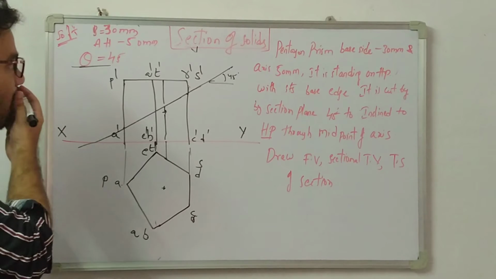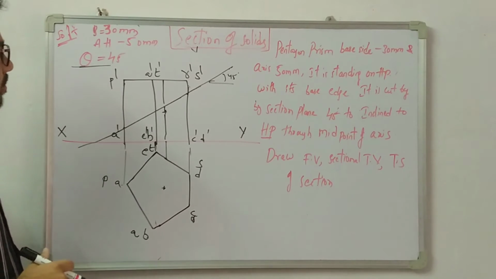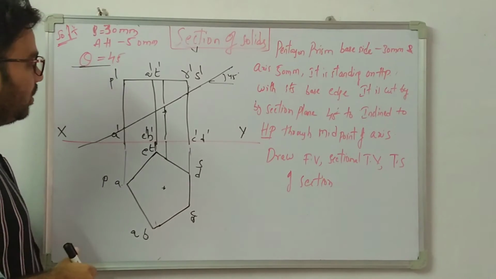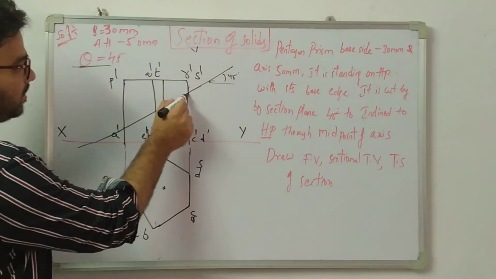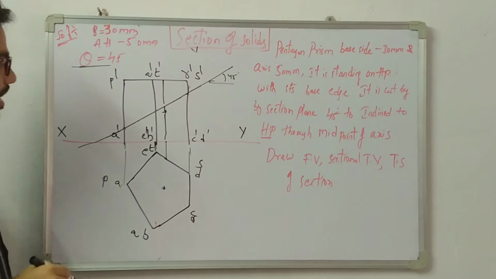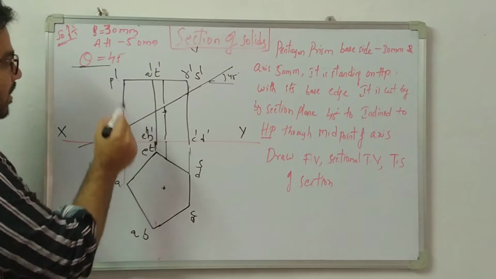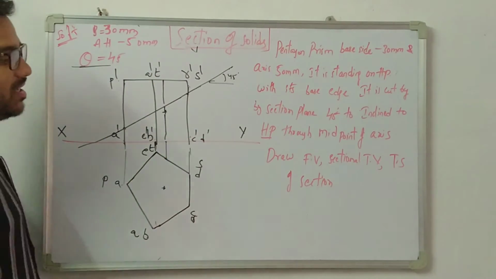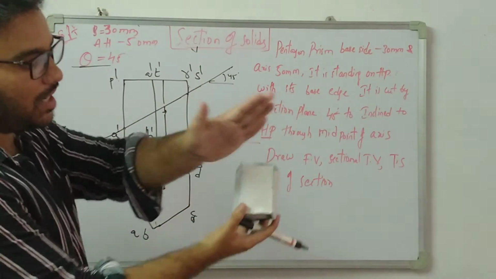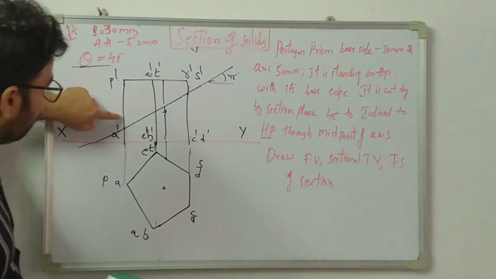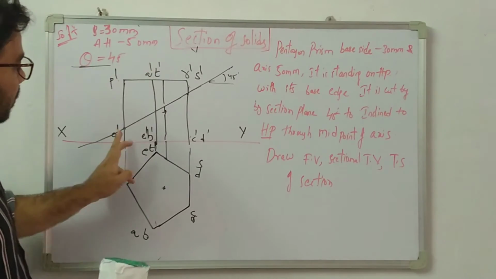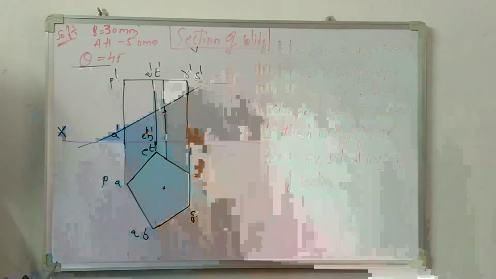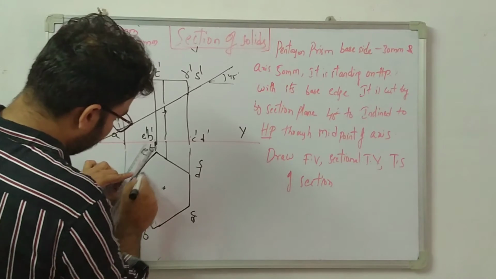Next one, what is the next step we have to do? So we have to do the apparent shape of the top view. In order to get the apparent shape, here the cutting plane has passed how many edges? It has passed 5 longer edges. One is A, P dash longer edge, B, BQ dash, ET dash. Similarly, it has 5 longer edges. The cutting plane is cut like this. So I removed this total portion. So it passed all the longer edges, so I will get a complete shape in the diagram. So do the hatching with 45 degrees.